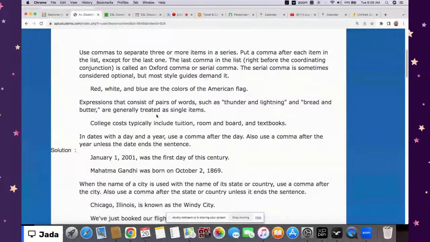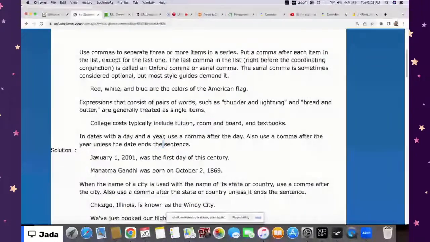Okay, so the day, Monday 25th, yeah, you put a comma after that, and then it's going to be like 2023. Yes, then also a comma after the year unless the date ends the sentence. So if the date is ending the sentence, then no. Unless it ends the sentence, do not put a comma. But if it's not ending, just like here we have